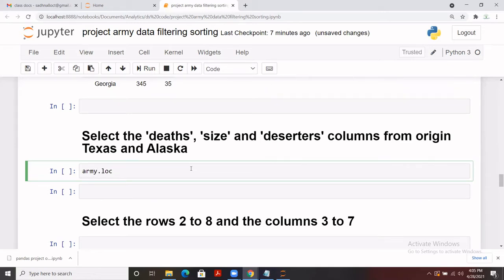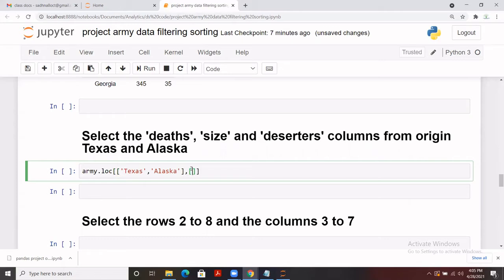Dot loc is for label-based indexing. So here I need specific rows as well. So just to get that output, I'll be passing one extra square bracket. So Texas is here, T is in caps, and we have Alaska, A is in caps, and that is the row part basically. Then we separate it by comma.